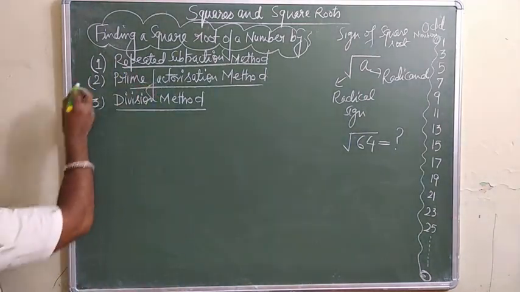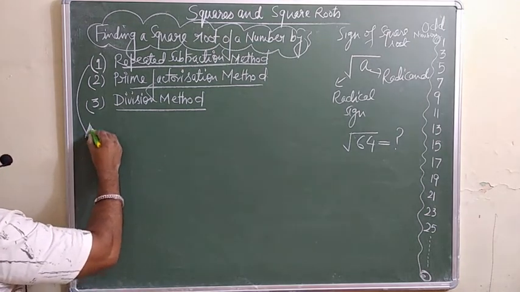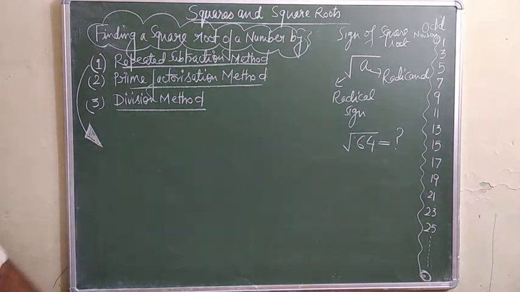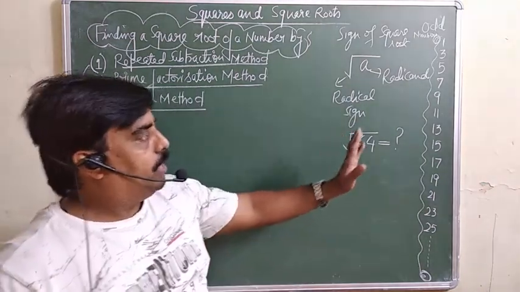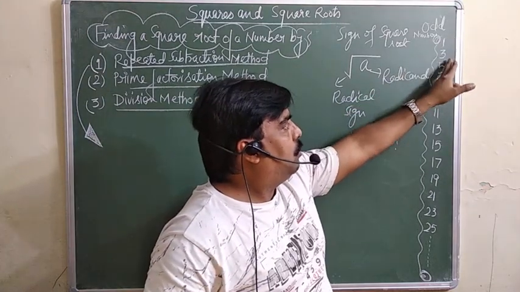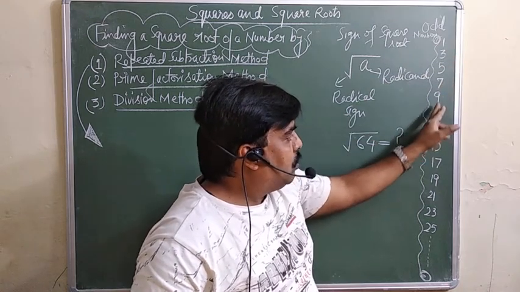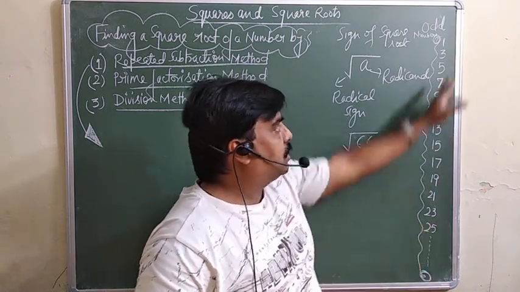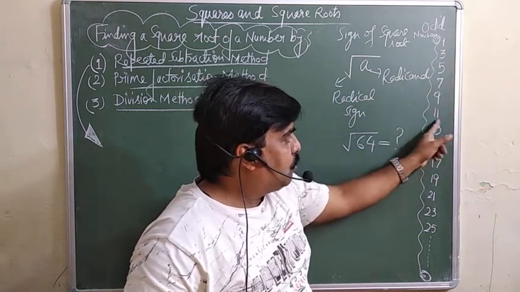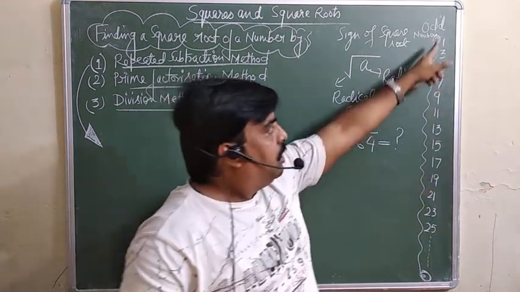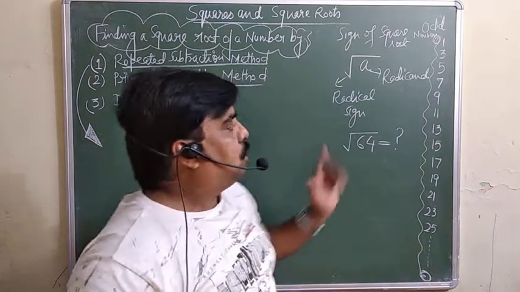So first I am going to discuss the repeated subtraction method. By the repeated subtraction method, how can you find out the square root of any number? एक छोटा सा number हम ले रहे हैं समझने के लिए, but before that you must know the odd natural numbers. First odd natural number 1, then 3, then 5, then 7, 9. You cannot skip a number. आप बीच में कोई number skip नहीं कर सकते. First you have to take 1, then 3, then 5, then 7, then 9, then 11. ऐसा नहीं कि you are going to skip 13, then you take 15. No. You are supposed to take all the odd numbers in a sequence.